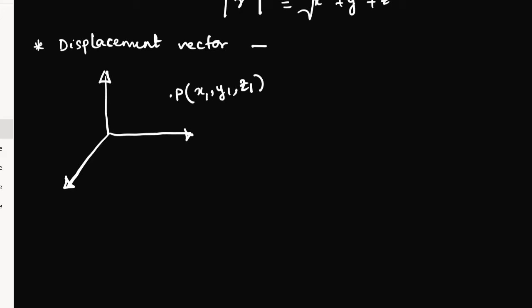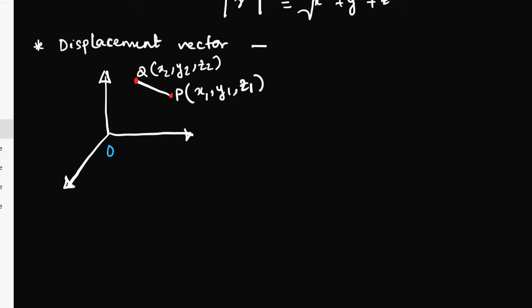Now the body moved from P to Q, another point Q. Okay, what are the new coordinates? x2, y2 and z2. Now you can see, now I have 2 points. If I emphasize the points here, it was at P, now moved to Q. Then what should I do? So that I will find how much displacement it has covered. Okay, so what to do?